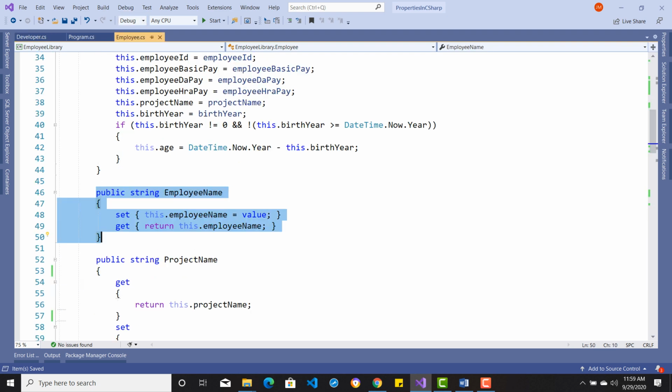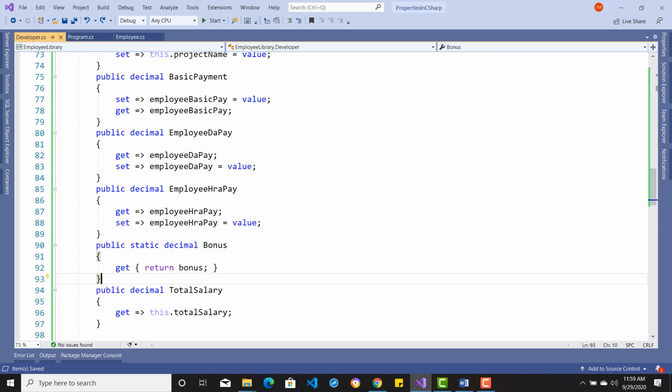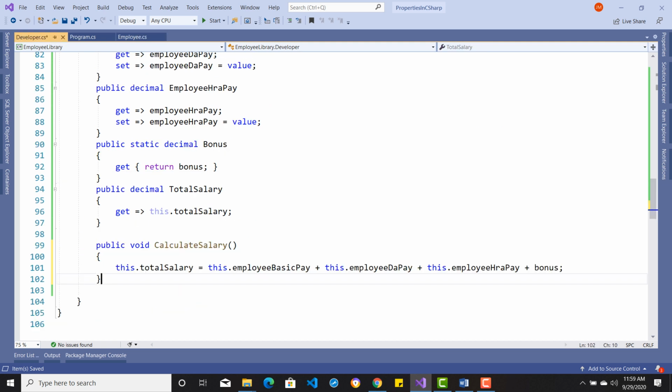Fine, nice. And as the last piece of straw, I'm going to copy this calculate salary and paste it inside developer, isn't it? That's all. This is my method where you have got an extra thing to add, that is this dot incentive payment, as because the salary here is slightly different with respect to that